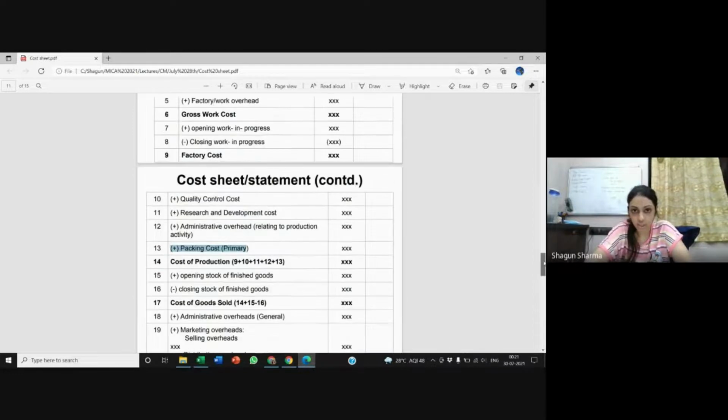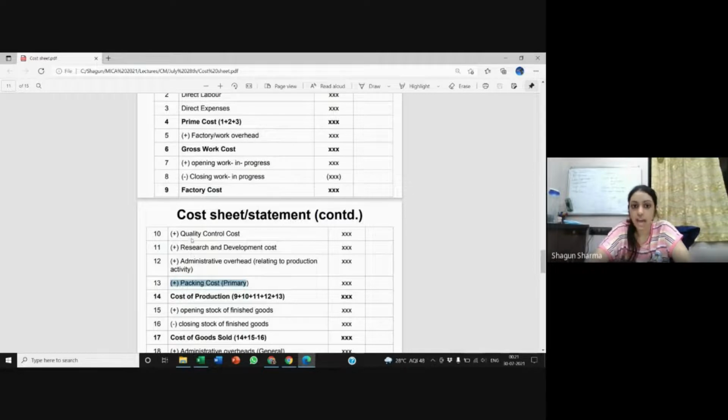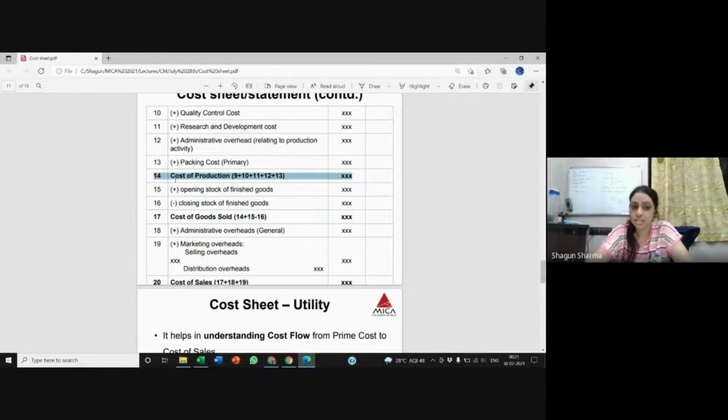So now to my factory cost, right? My last subheading, I added this quality control, R&D, admin, packing, and that gave me one major important heading called cost of production. Now the next adjustment is the exact same that we saw in Wonderlet, where cost of production is on a different number of units, we need to get it to the number of units that are sold, and therefore we add opening stock of finished goods and we remove the closing stock which is unsold, right? And this gives us another important subheading which also we saw in Wonderlet, my COGS, which is again COP plus opening minus closing.